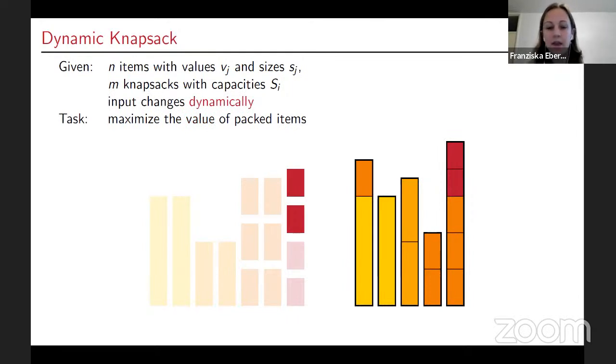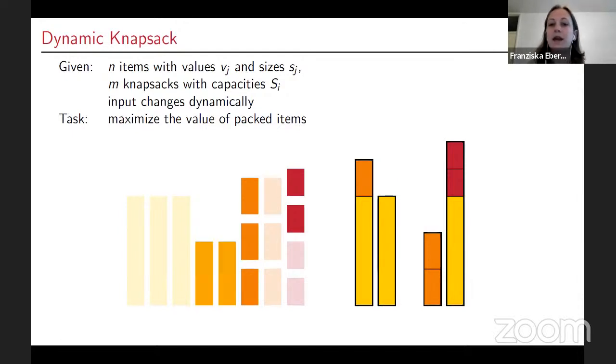So this could mean that from one moment to the other, an update happens, and maybe we now have one more item that we should consider in actually bringing. And whenever such an update happens, so an item appears or disappears, we are allowed to also update our solution and recompute the set of items that we actually bring. Now, the same could also happen to knapsacks. We could have a knapsack appearing or maybe disappearing. And again, we are allowed to adapt our solution accordingly. Now, since these changes are only small and in some sense local, we would like to be able to efficiently